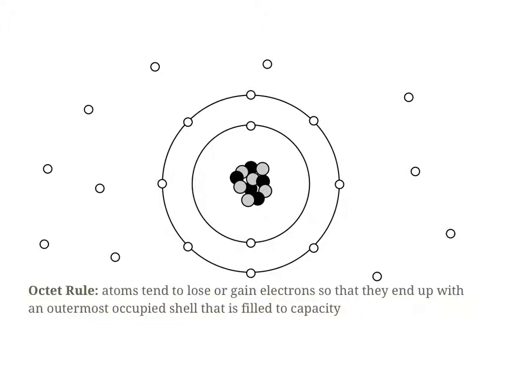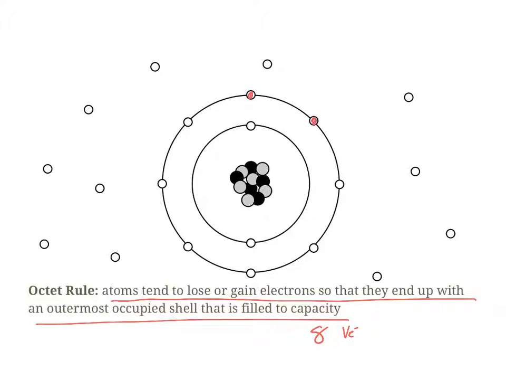We can follow this rule a little bit. The octet rule basically says that atoms tend to lose or gain electrons, so they will end up with an outermost energy level that's full to capacity. Generally speaking, atoms want to have 8 valence electrons. That's the goal. So if we're looking at this particular atom right here in front of us, we have one